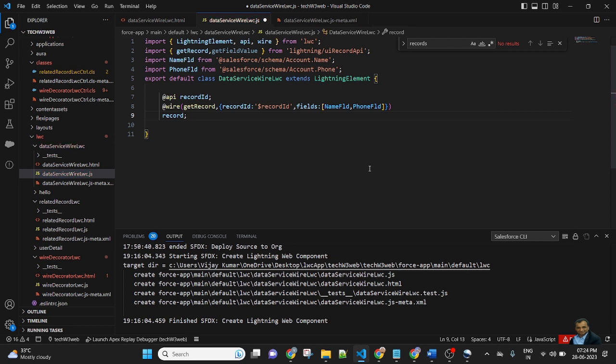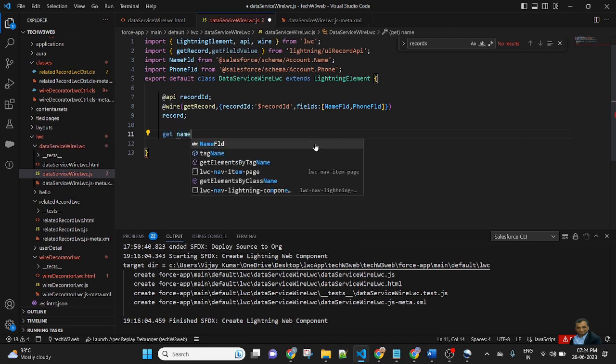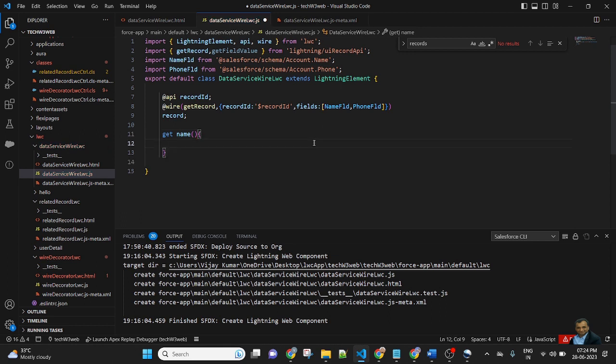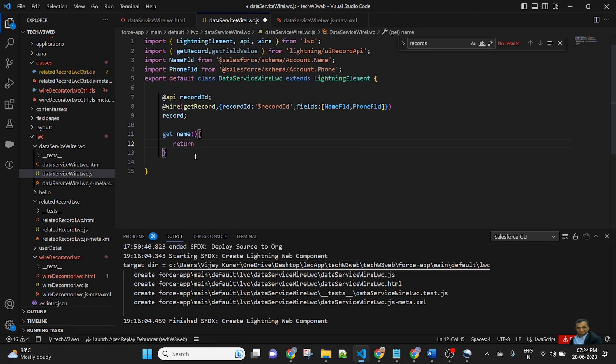After declaring the wire decorator property, I need to create two getter functions that will be passed into the HTML. So here get name, this is a getter function in LWC JavaScript. So here it will return true or false.